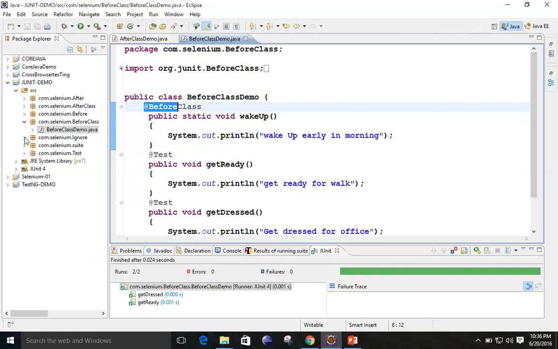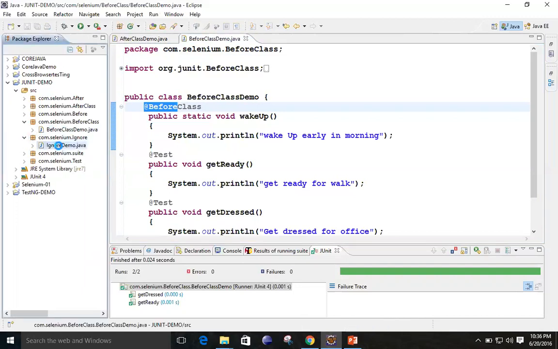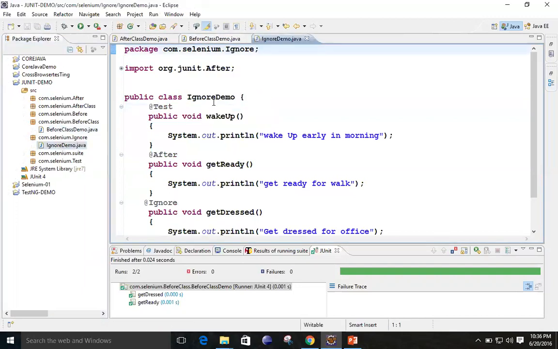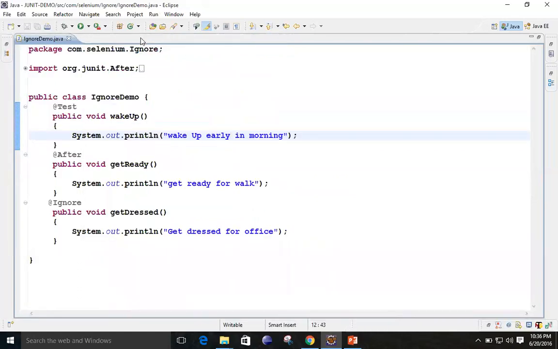Then you are left with this ignore annotation. What is the meaning of this one? Ignore, as the name suggests, the work is also the same. Ignore means you are ignoring the test case. See at your screen, there are 3 test cases. First one test, second after, third one is written with the @Ignore.